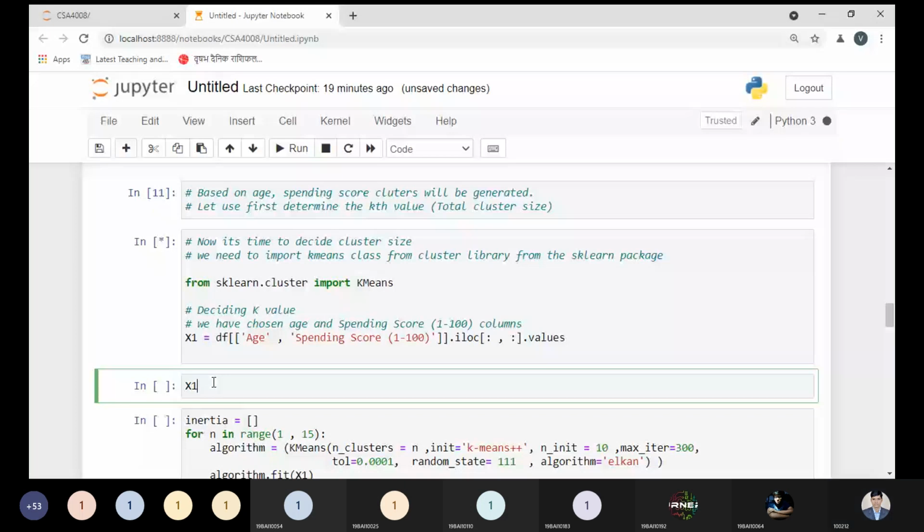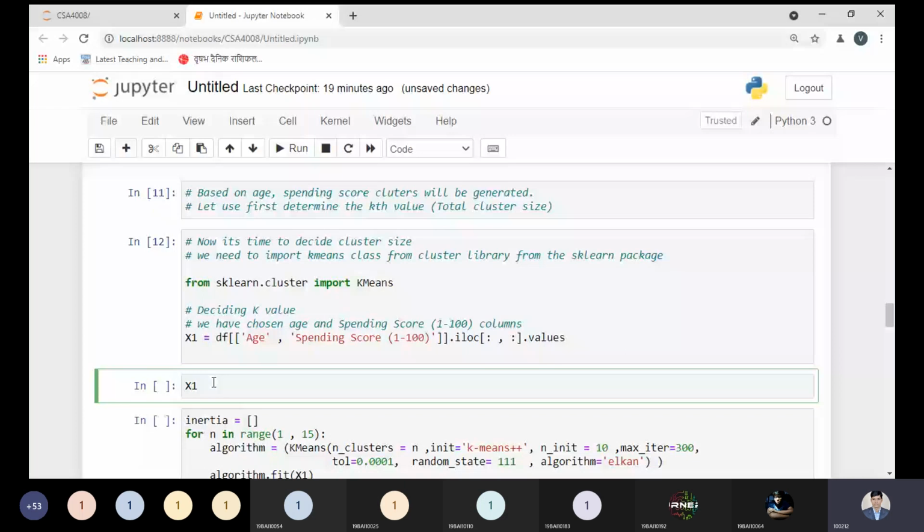Keep in mind, let me clarify once again the point we have discussed in the k-means algorithm: we need to choose a centroid. Before choosing the centroid, let me show how many clusters we have. Without choosing the cluster size, you are not able to decide the centroid. That is the point you have to keep in mind.